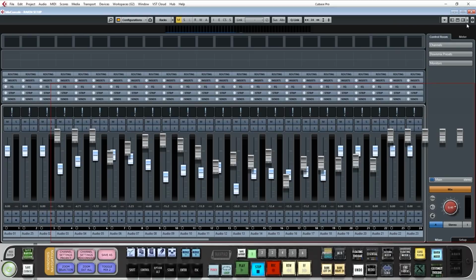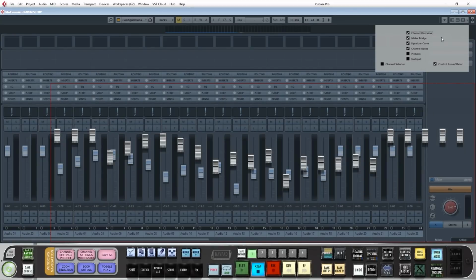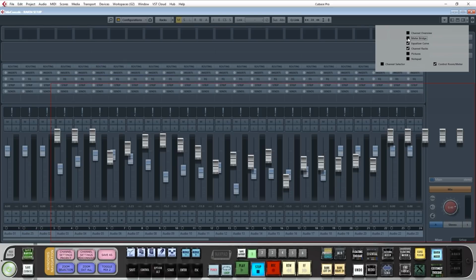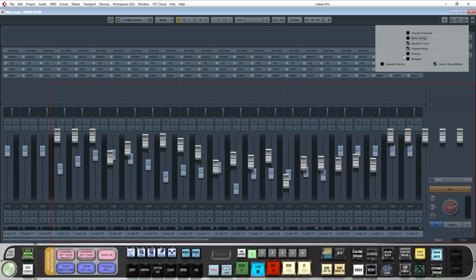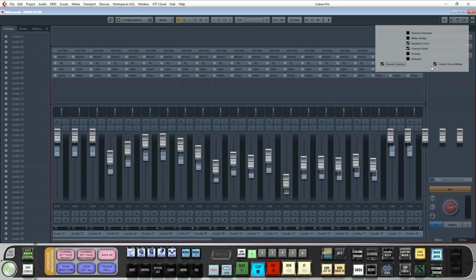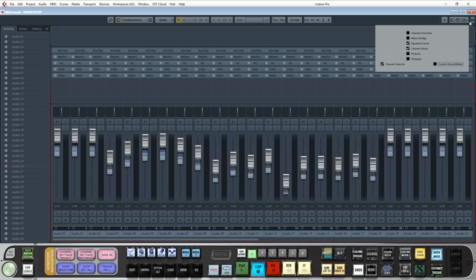To manually align, open the Mix Console and in Cubase 9, click the drop menu on the top right of the screen and click the Setup Window Layout button here. Note, on Cubase 8, this drop menu will be shown on the top left. Now, for the options, we'll select Equalizer Curves, Channel Racks, and Channel Selector to align with the internal mixer. All other options here should not be selected. Note, confirm Control Room Mixer is not selected.